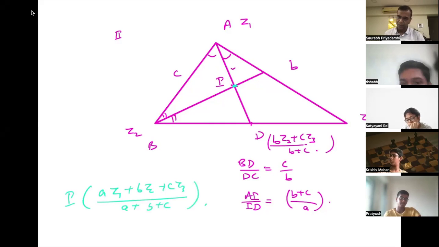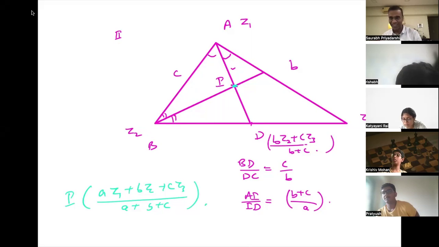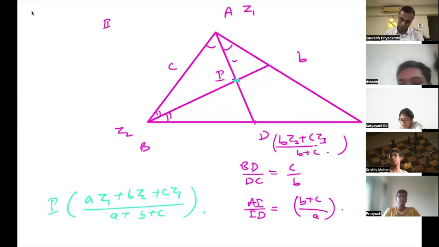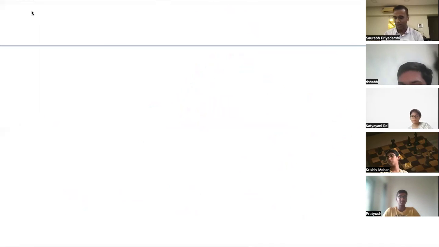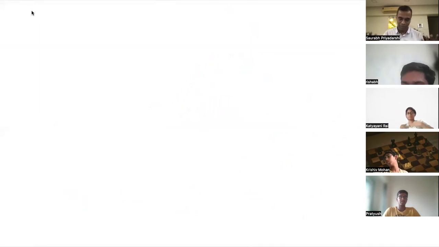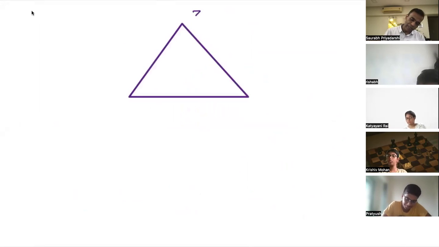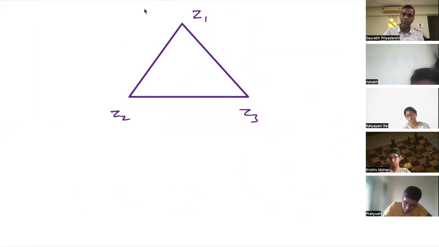Right? Now, based on these facts, I'm giving you the question. Personally, I believe this is a very good question, right? In any triangle ABC, the vertices are Z1, Z2, and Z3. Let Z be the point,